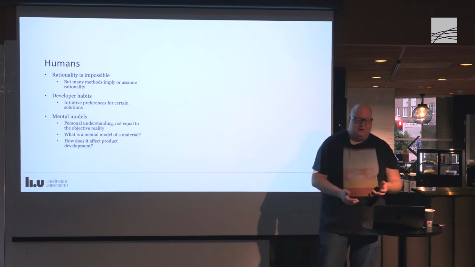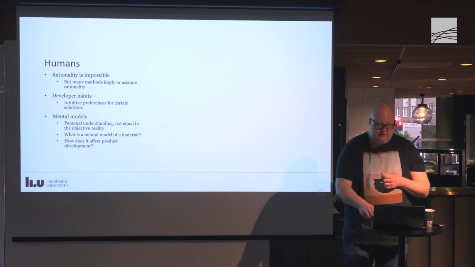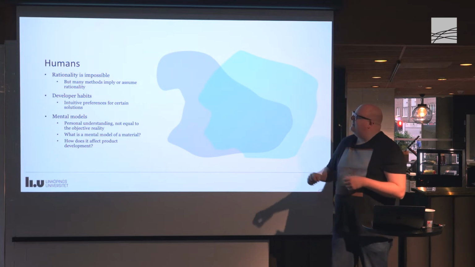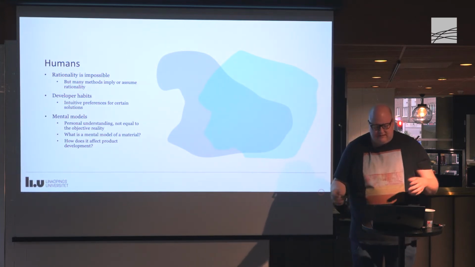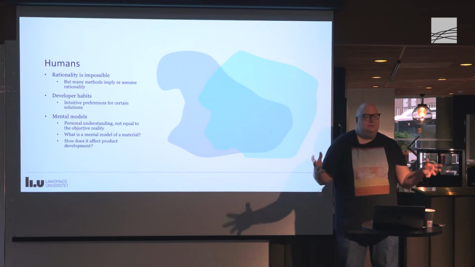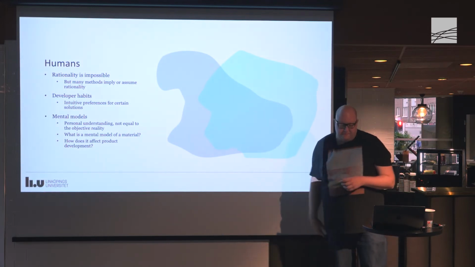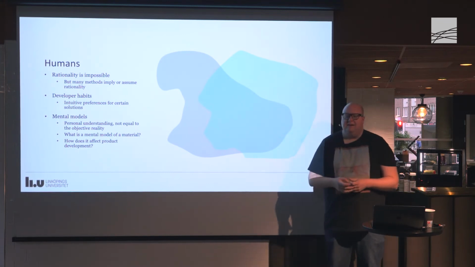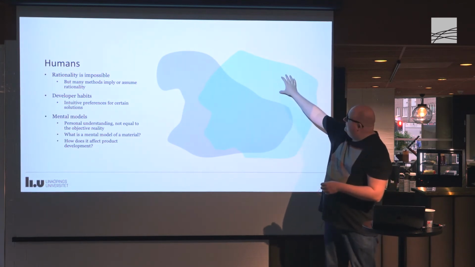And then you have mental models. That's a personal understanding, not equal to the objective reality. I drew a very nice figure looking like this. These are two solution spaces. The gray one, I'd say, is the objective solution space, all the possible solutions for something that we can do. The blue one is the perceived solution space. This is what the engineer thinks that they can do to solve the problem. The light blue part here,